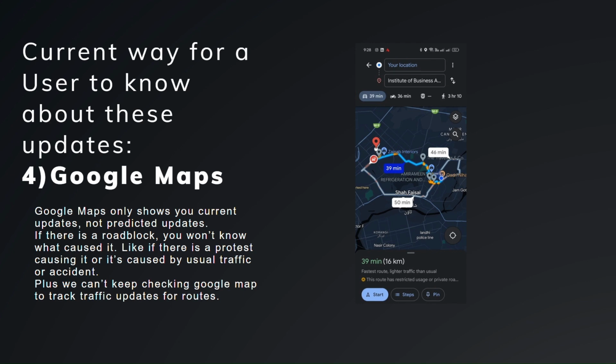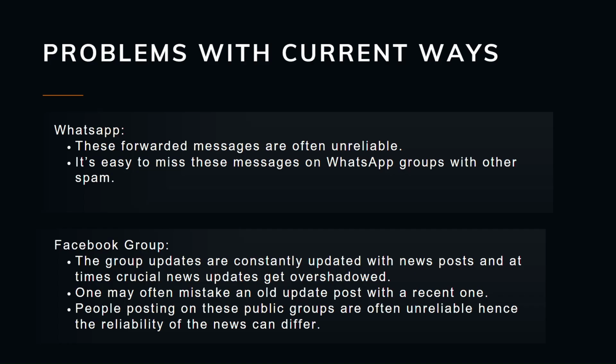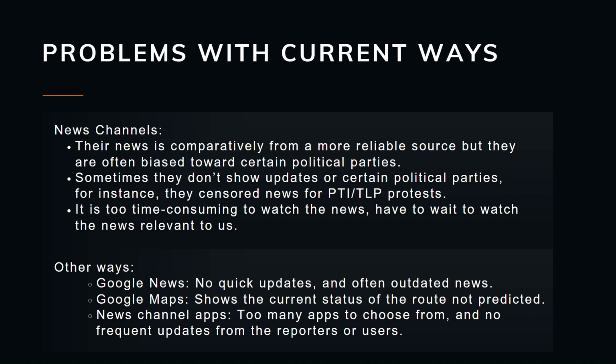So these are the four mediums where you're getting the news from, but there are problems with each. On WhatsApp there can be unreliable or forwarded news. WhatsApp groups are basically the same chain. It's hard to keep up with so many news channels. I join WhatsApp, I join Facebook, I see Twitter, and I see news channels too, but news channels are too cluttered. And Google Maps. So these are all the platforms where you are currently getting the news.